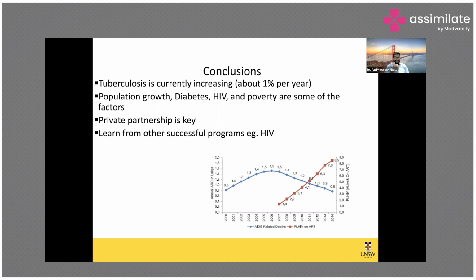And the one key thing here is that private participation in India is the key to TB elimination. Without private participation, we will not be able to eliminate TB, and that will improve TB notification. We will actually get the impact of TB in the country. Until now, we don't know the actual true burden. We've got a national prevalence survey going on, and I think we'll get some true statistics out of that.